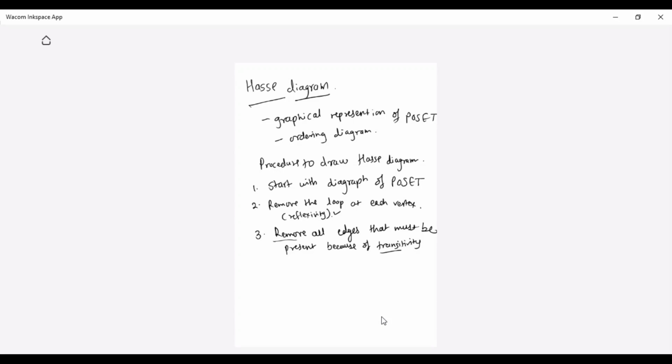Remove all the edges that must be present because of transitivity. Suppose you have (A, B) in R and (B, C) in R, then you need to remove (A, C) from the diagram. Here you need to remove (A, A) from the diagram. Okay, done. Now the third step you have done.